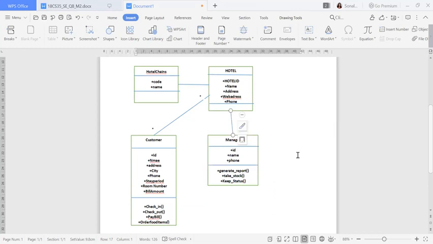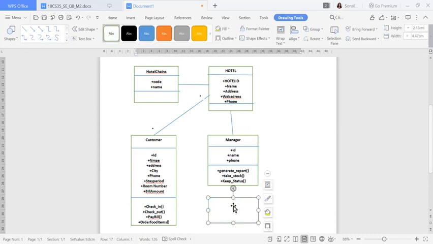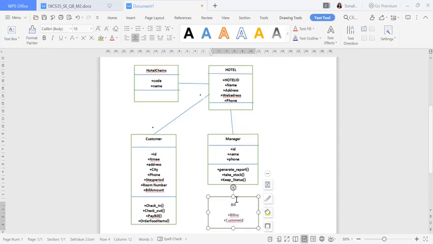Fine. So now, next, what is the manager generating? He is generating the bill, right? So I will take one more. As he is generating the bill, I'll keep it over here. I'll write here Bill, because Bill is also a class name. Under this bill, if you want to add some attribute names, you can add bill number. You can add for which customer the bill is getting generated, so I'll write customer ID. And if you want to add any function names, that also you can add. So I'll just separate this.